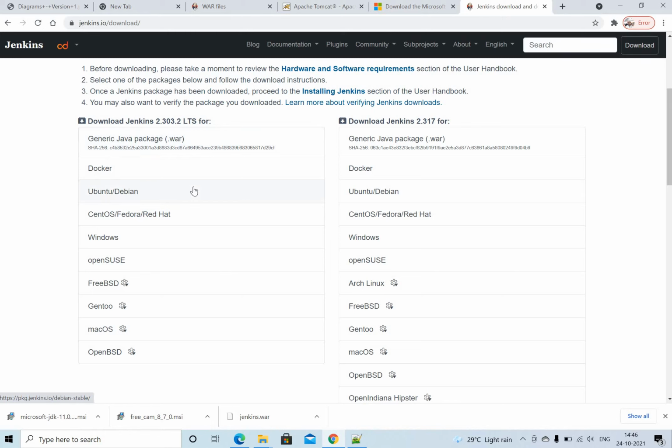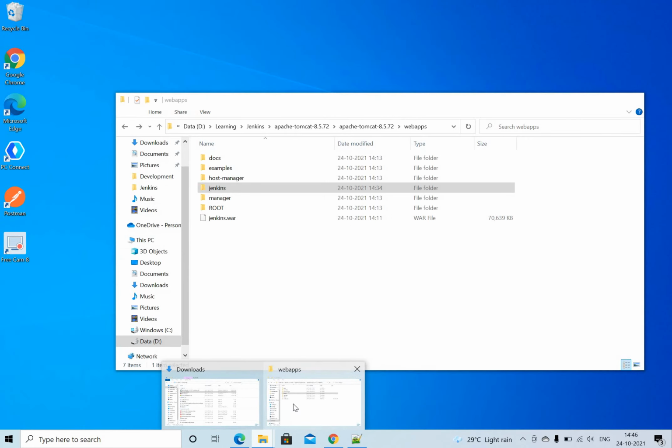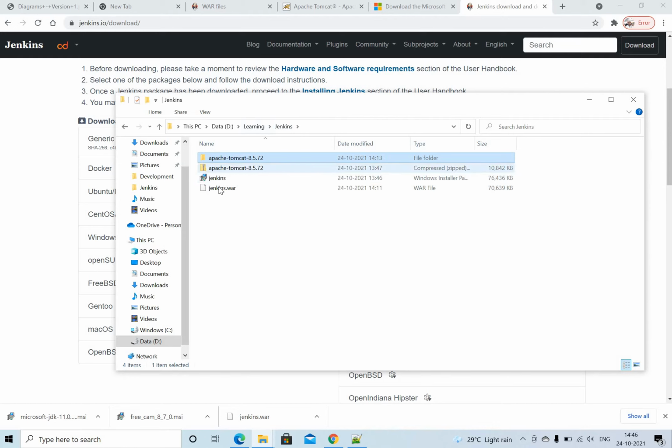For this first class, we will get to know how to run Jenkins through a WAR file. As you can see, this is my Jenkins folder, and the Jenkins WAR file is there. I can show you running it in Tomcat also, but today we will run it quickly through the command line.